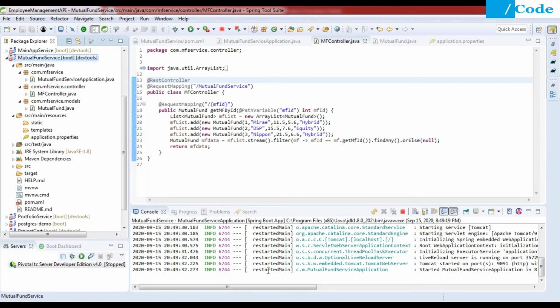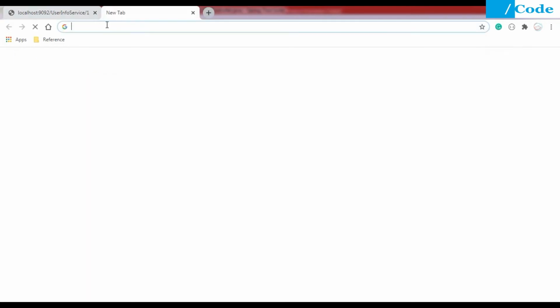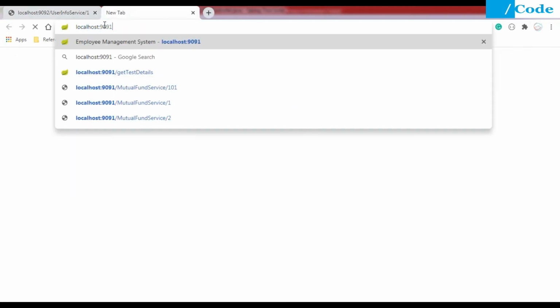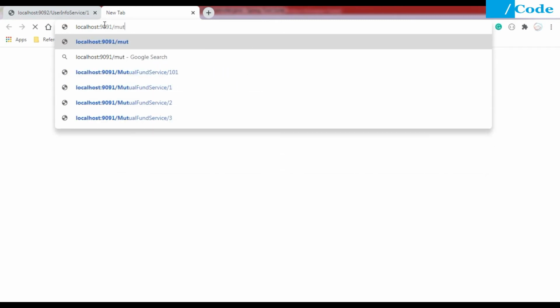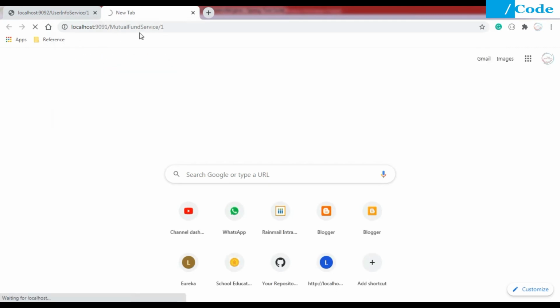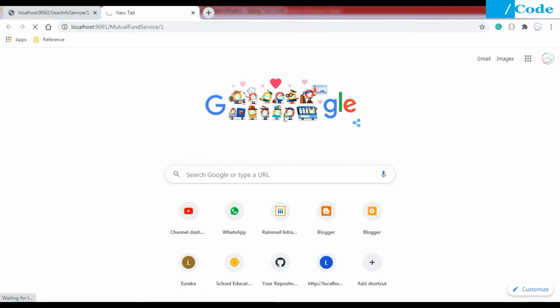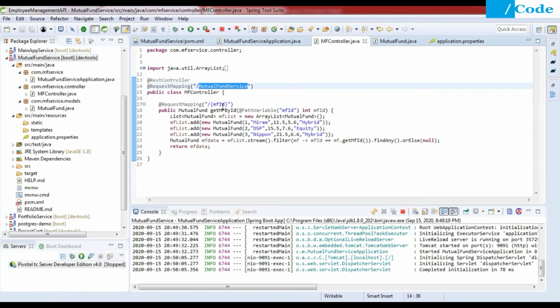So the application has started successfully on port 9091. So let me check with localhost 9091, sorry, mutual fund service. It will check the mapping mutual fund service, it will go inside this class, and after this class it will check if any function maps to this.